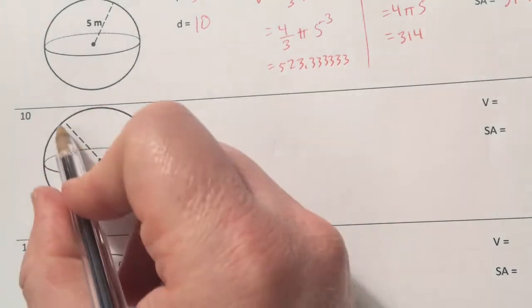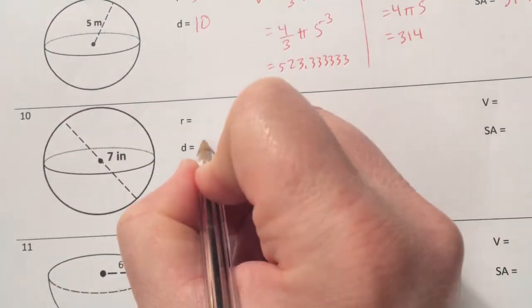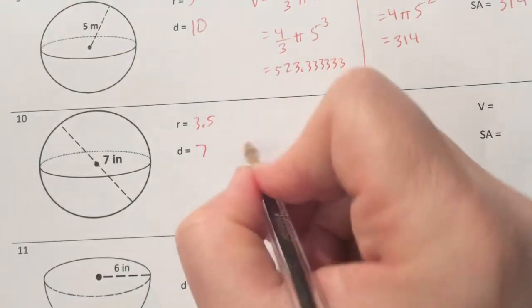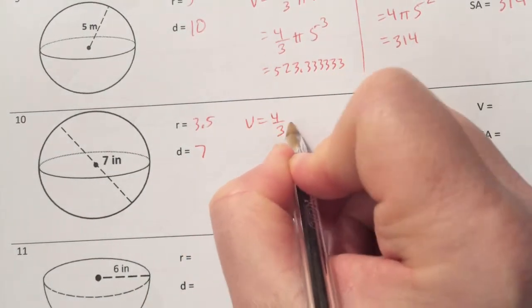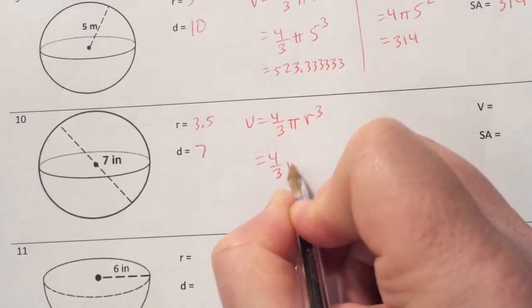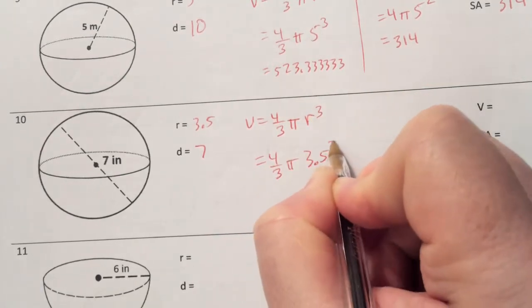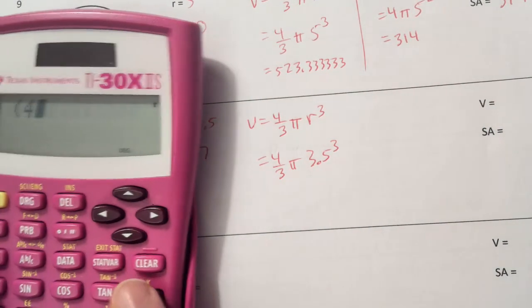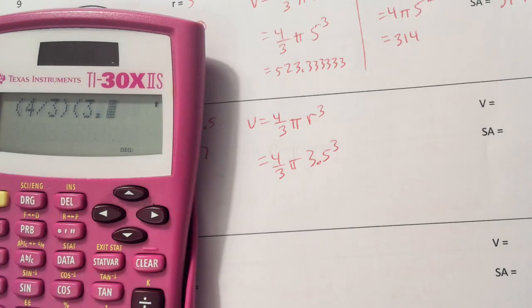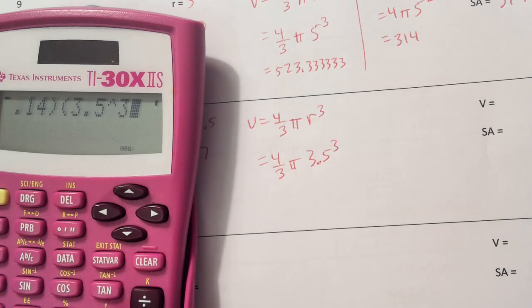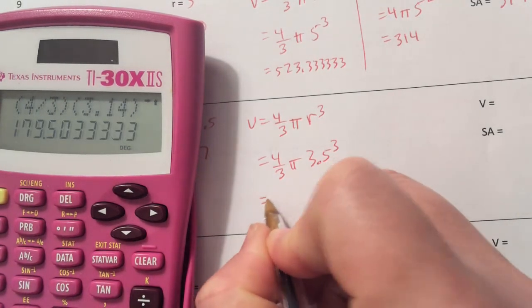All right, on this one, 7 is all the way across. That's the diameter, so the radius would be 3.5. Just divide by 2, right? All right, so volume is 4 over 3 pi r cubed. 4 over 3 pi 3.5 cubed. So put that in the calculator. So 4 divided by 3, 3.14, 3.5 to the power of 3. We pop out with